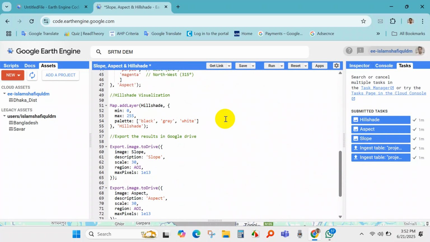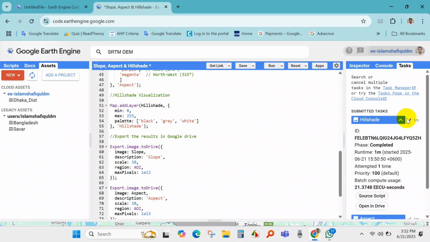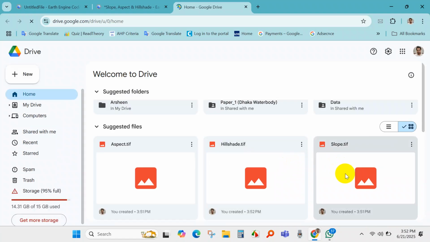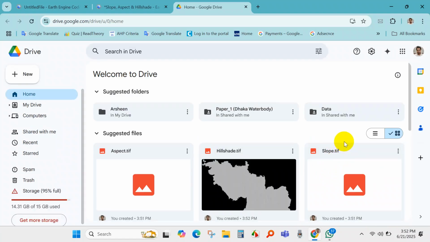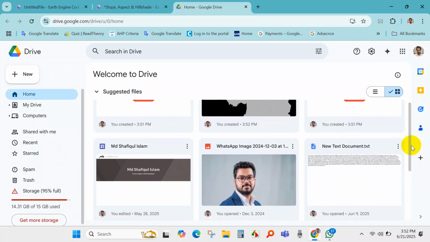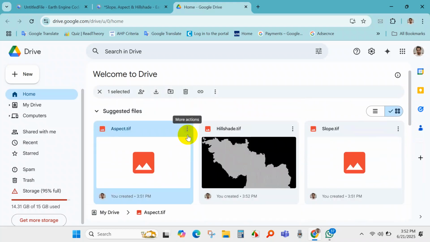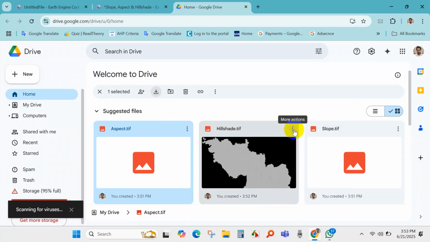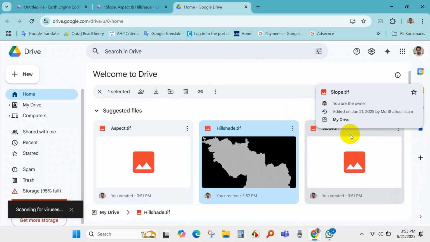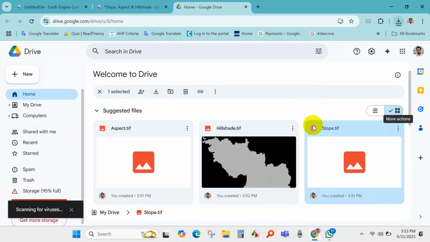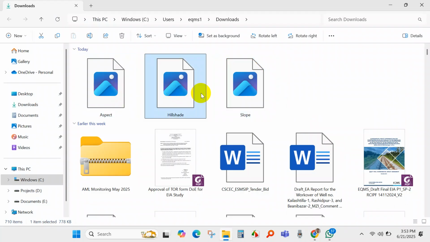Now I will check my Google Drive. Just click here and open in Drive, click here, and you can see here my output images have been downloaded here. Aspect, Hillshade, slope. Yes, now we can download from here. Yes, and then slope, download. You can see the output file as TIF, and now you can